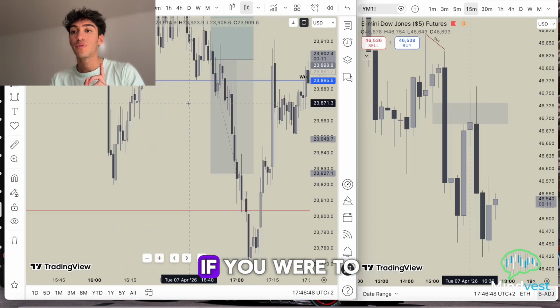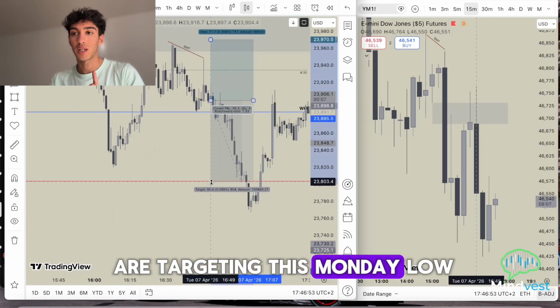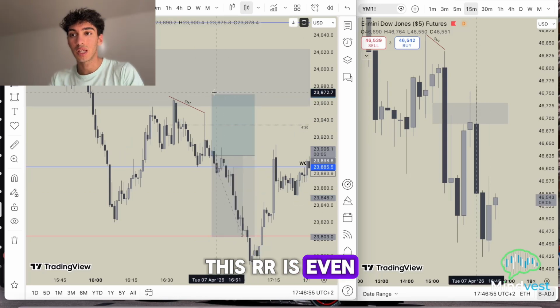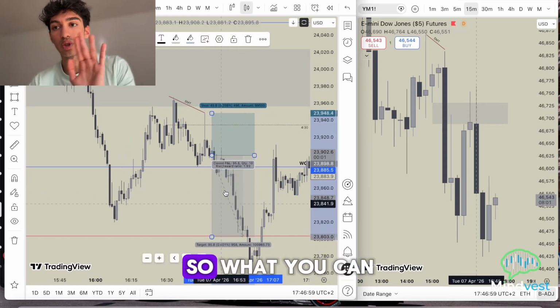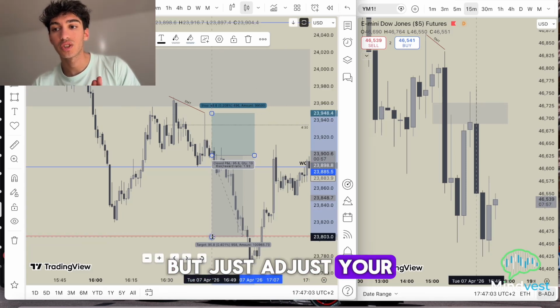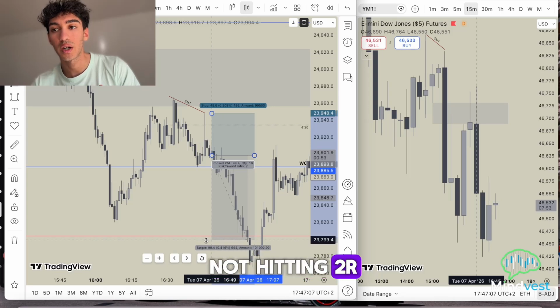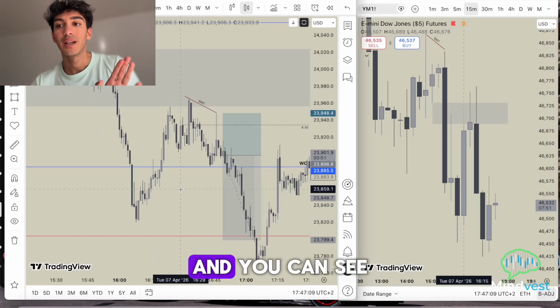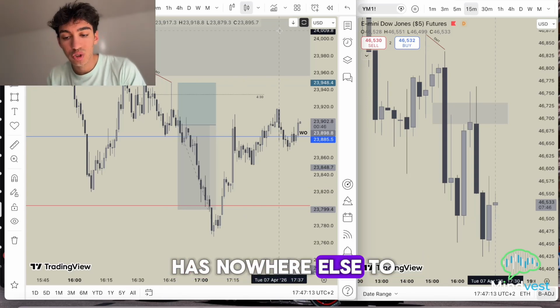Now, again, if you were to short this and you are targeting this Monday low, this RR is, even if you put the stop at the SMT high, below a 1 to 2. It's around the 1 to 2. So what you can do is leave the stop loss up here, but just adjust your TP for it to hit 2R. Again, if your trade is not hitting 2R, the trade is not worth taking. And you can see we take it out and reverse